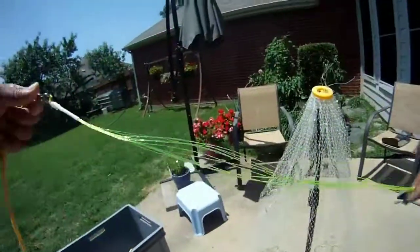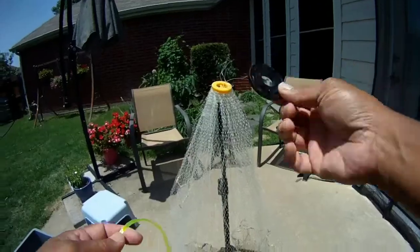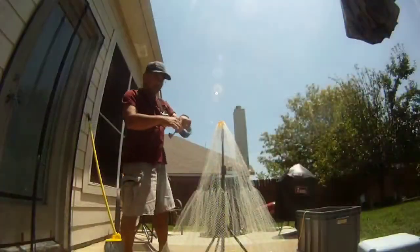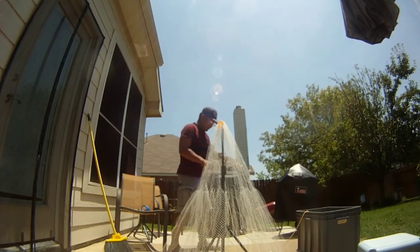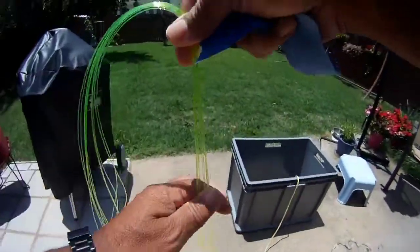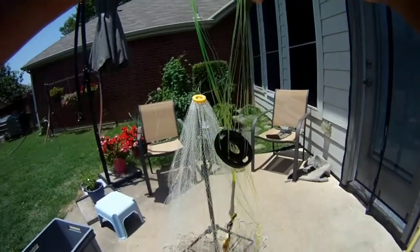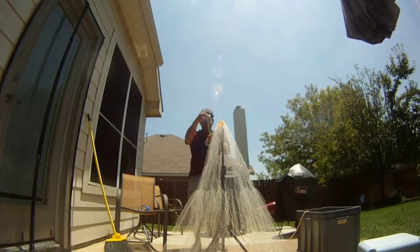Now we're going to run it into this deal right here, and then we'll put it through, and we're going to put 2 lines in each one. So 2 lines in each one. Let's get some blue tape here, and let's grab our dealie here. What we wanted to do was make sure we had 2 in each of the holes here, which we do. And now that we have 2 in each, we don't want it to come loose again. So let's go ahead and put some tape here, make sure we're good to go,